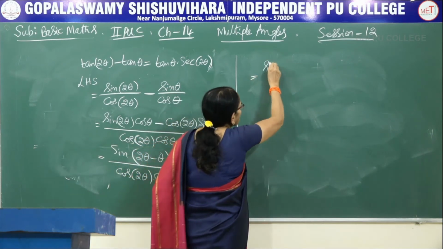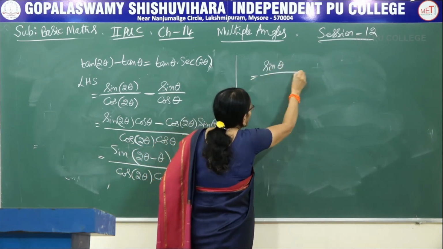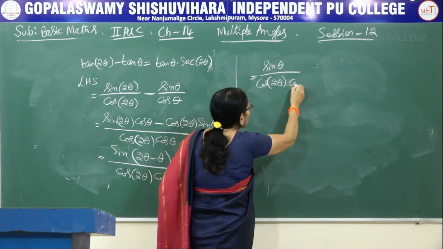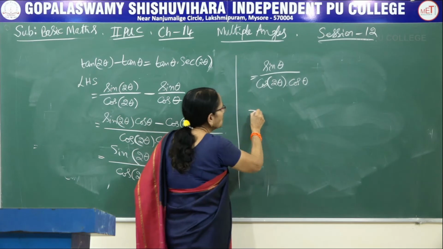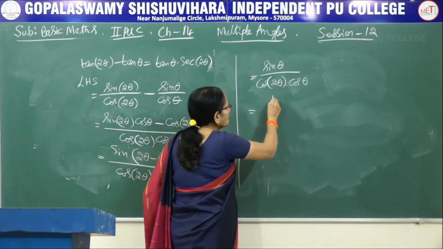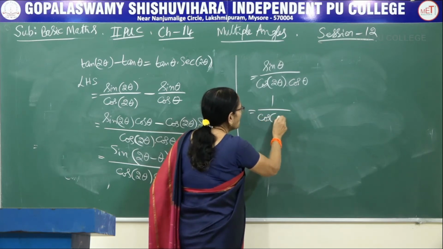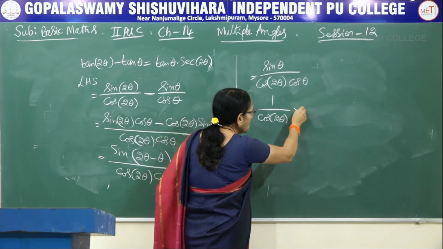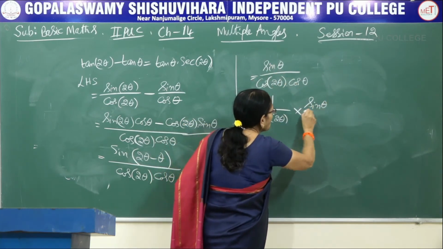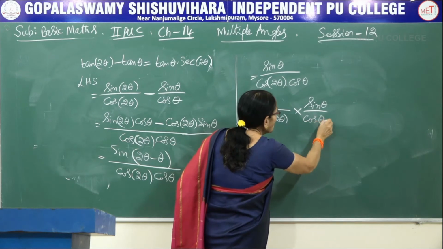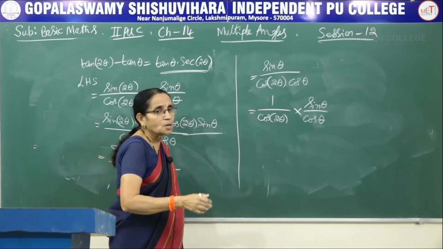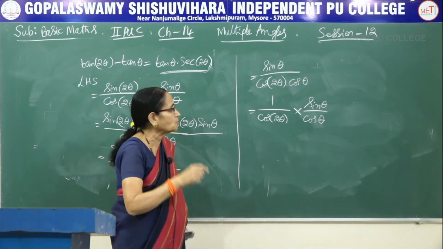2 theta minus 1 theta becomes 1 theta divided by cos of 2 theta into cos theta. Now, only the rearrangement of the terms we get the required answer. Write it as 1 by cos of 2 theta here into these sin and cos, I am writing them together. Why I am writing is, I want this particular answer on the right hand side. What's the right hand side? It should be tan theta into secant of 2 theta.